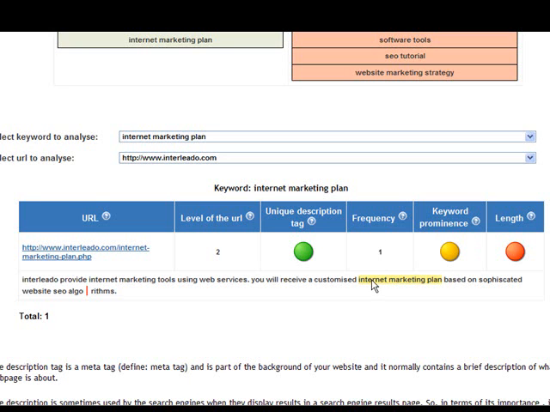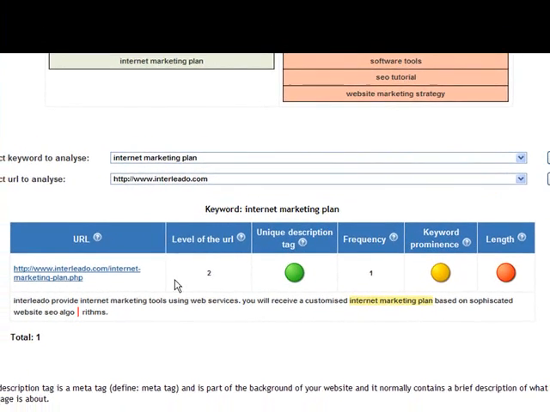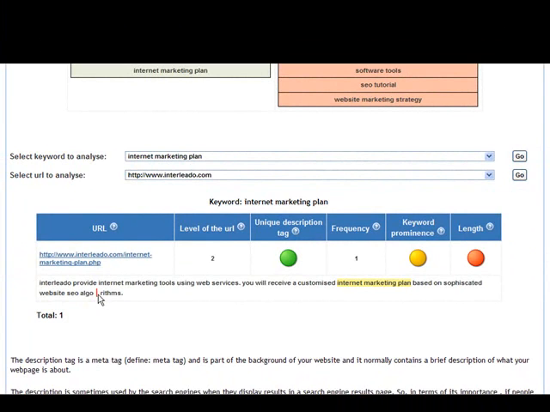Keyword prominence, you can see here that we got an orange here that the keyword could be more prominent because at the moment it's towards the middle end of the description tag. And length, you can see here that we got a red on length, and the reason why that is because it's just a bit too long. You can see that the final